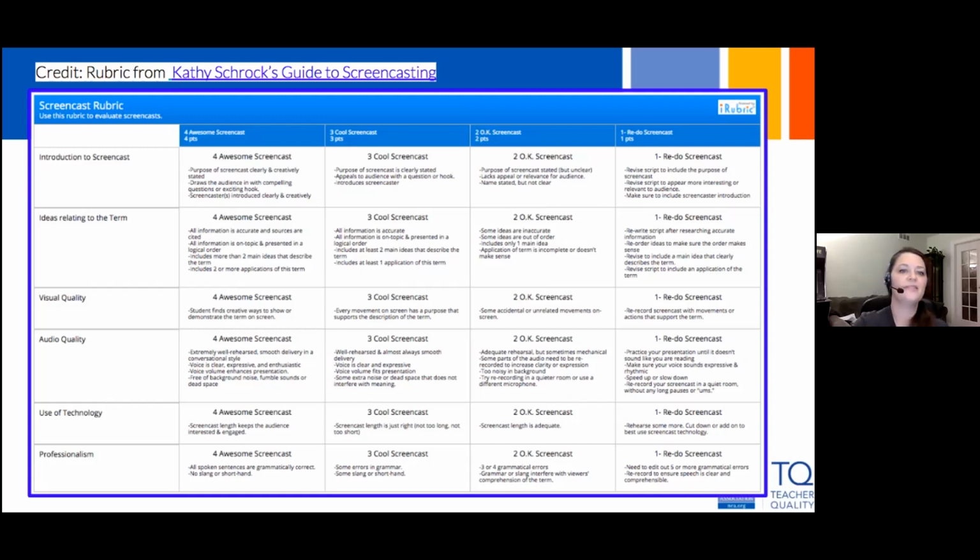So if you've forgotten to write a script, or if your script is okay but needs some tweaking, all of these things are some things that you can peek at and get yourself some hints about how to improve your own screencasting skills. Okay, and this is also linked in this slide deck. So it gives you an idea when it's okay, when it's really cool, and when it's absolutely fab, which is what we're looking for.